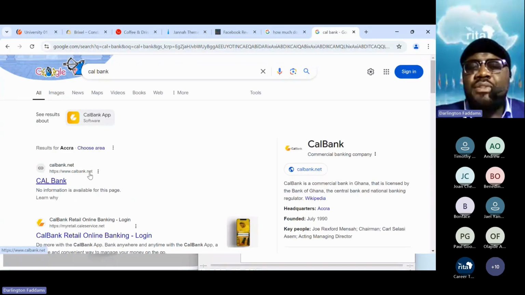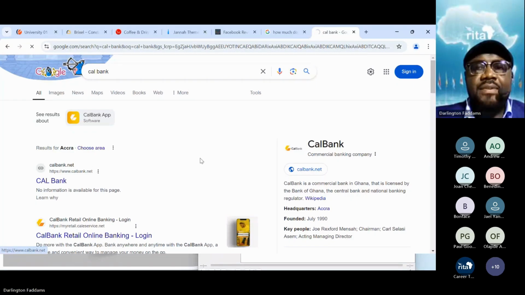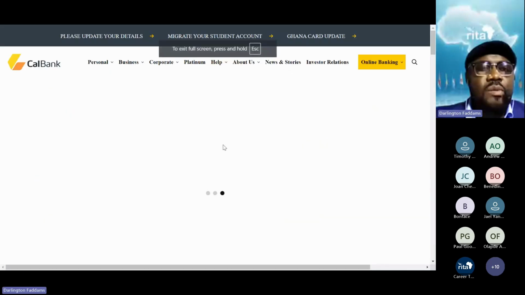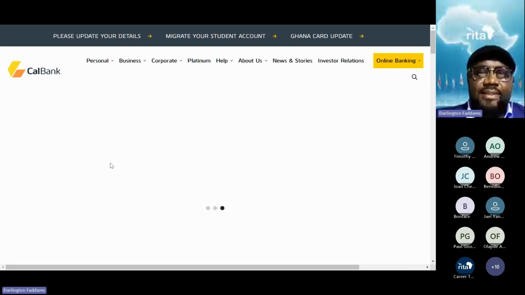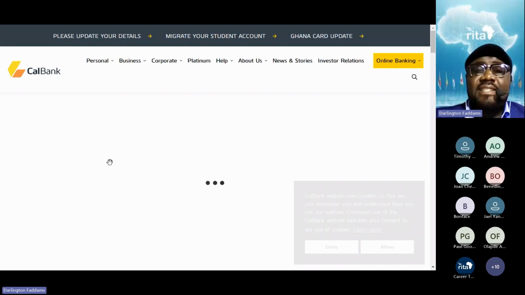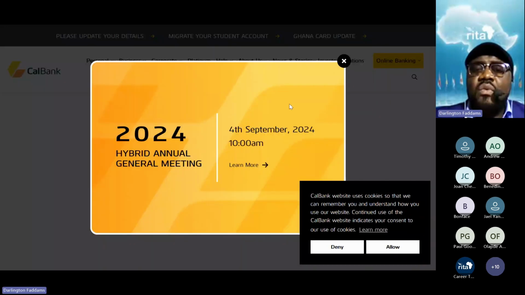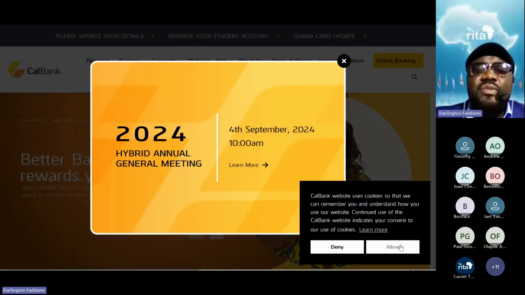Once you open CalBank, the website is going to open. And what you see here is a website. All right. They have a web application connected to it, but this is a website. Now, what do you find when you visit this website? You get to see